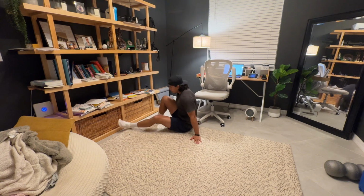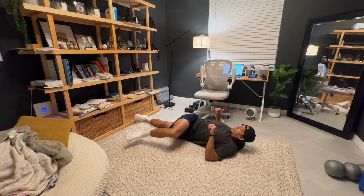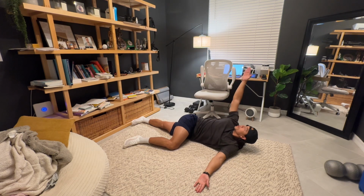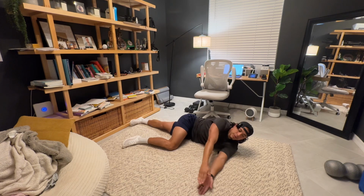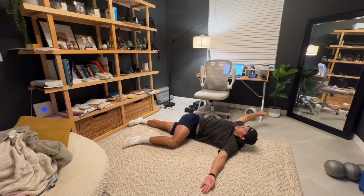To begin, we're going to come into a position where you're lying flat on your back, bring one leg up and over, turn into that side. So we're starting in this position here, and before we've done windshield wipers where you open up like this. This time we're going to perform lat sweeps where we go up straight over our head and come back around like this,